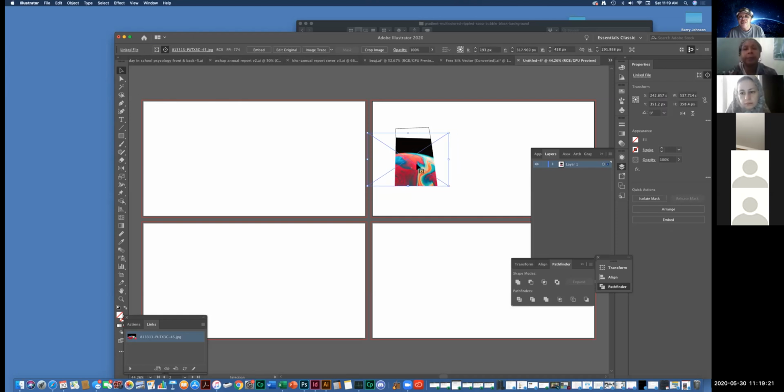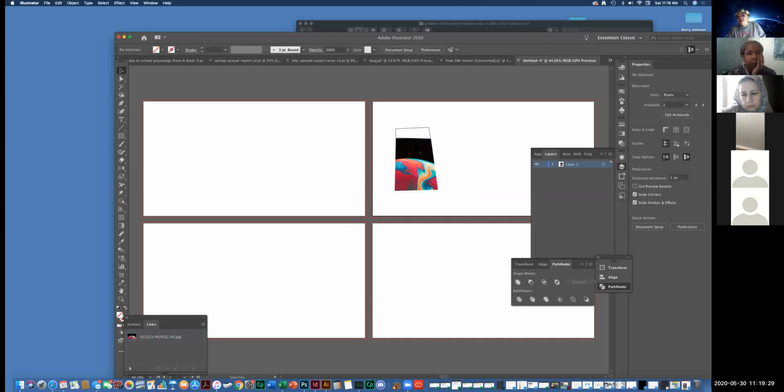So I can then change where everything falls within that. So that's one way, that's the simplest way to do it. And then the other two were to create your own pattern,